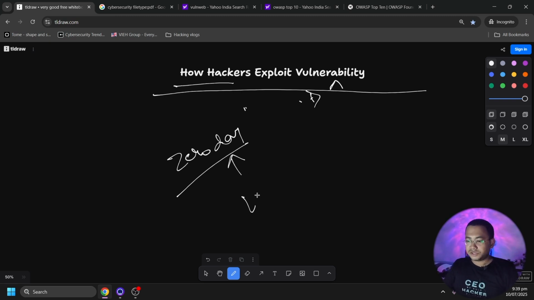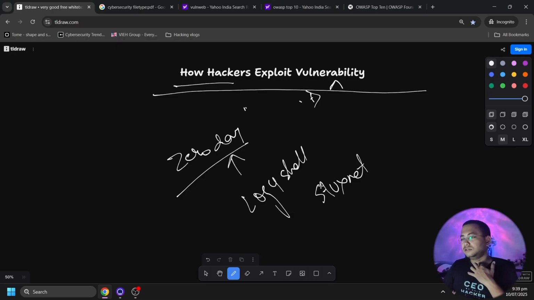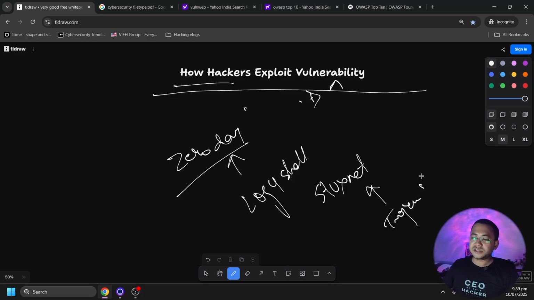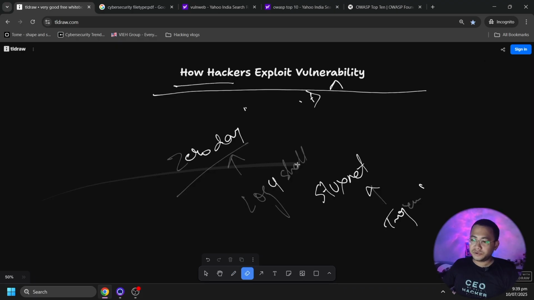There might be Log4Shell, which is very famous and was a zero day. Next can be Stuxnet. You might have heard the story of the Iran nuclear facility which was attacked by Israel and the US, right? There was a Trojan horse called Stuxnet. So these are zero day vulnerabilities. There might be a vulnerability that not all people are aware of, but hackers are using it. This is called zero day.